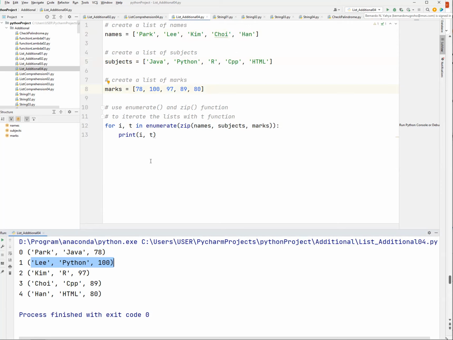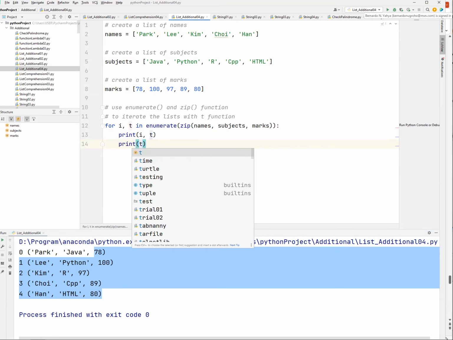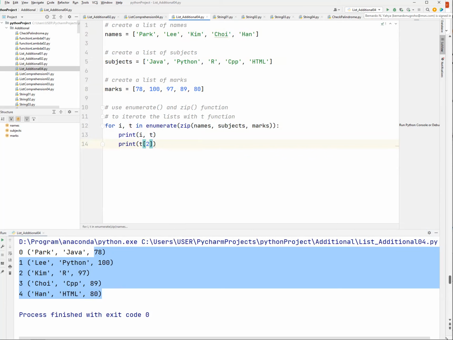operation. For example, can we calculate the average of this one? Okay, so T is the tuple that we have here. And then let's say if I want to know every number, then I can just print T at index 2. Okay, so I can just put this with n equals to this one, so I can print